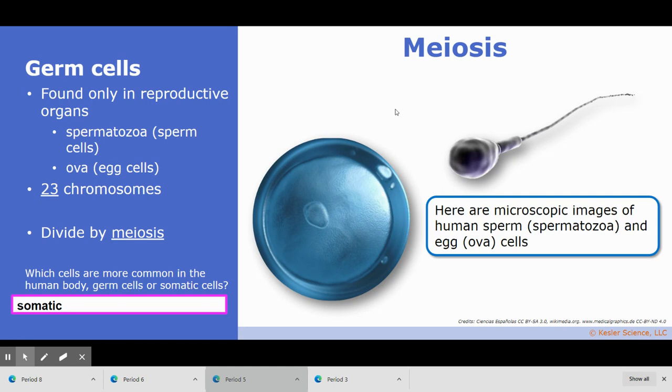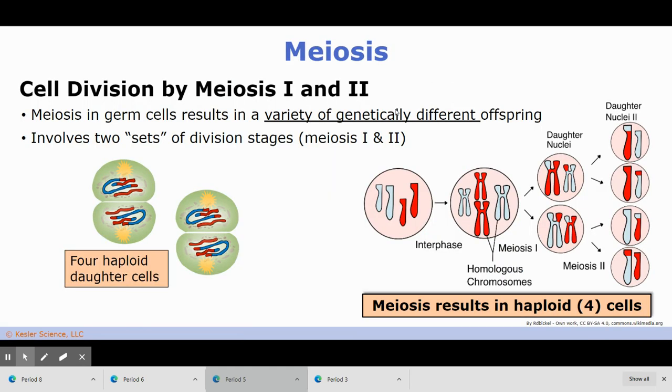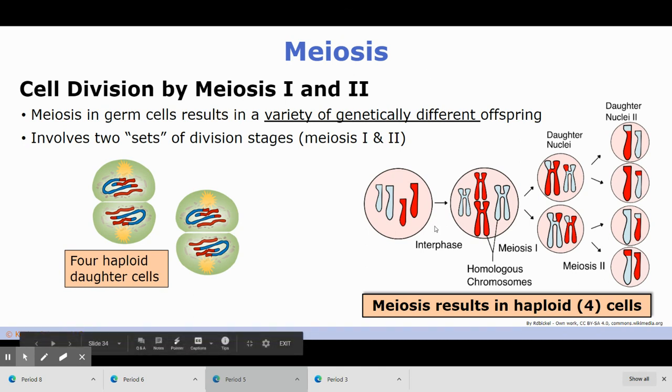So yeah, somatic cells, there's way more somatic cells than there are germ cells. All right, cell division by meiosis. This is kind of a general overview here. Meiosis in the germ cell will result in a variety of genetically different offspring, and it involves two sets of divisions. So you can see here we're going from one cell